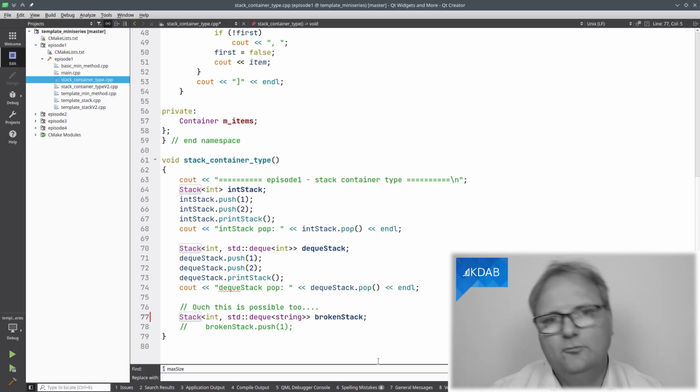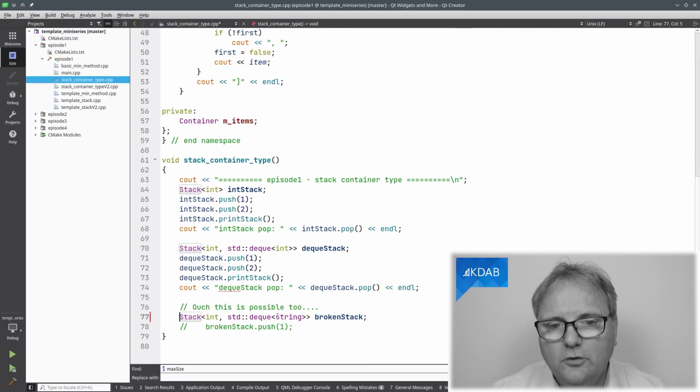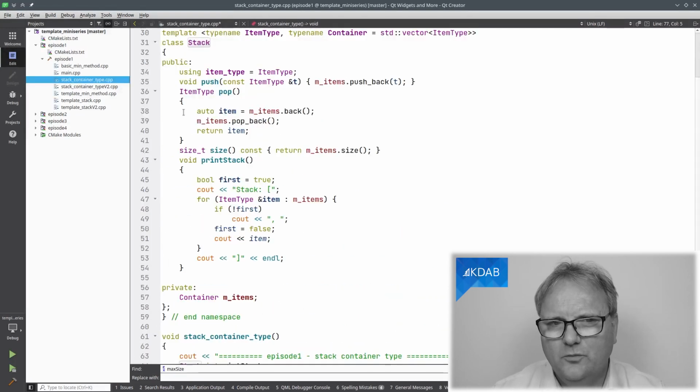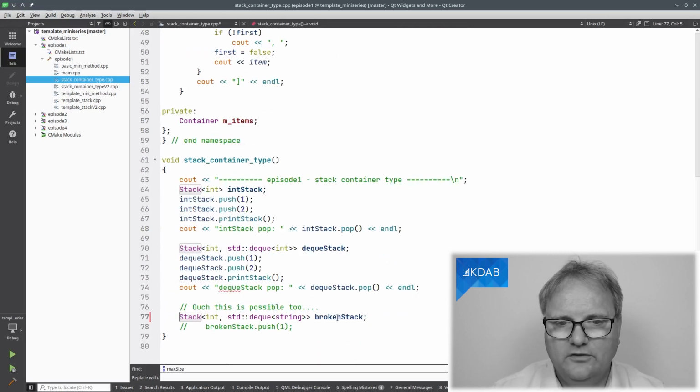So my item type throughout is, I will pop off integers here, but my container down here is a deque of strings. So whenever I do a push, what will happen? Well, I'll try and do a push back of that T, which I know is an integer because it's an integer here, onto a deque of strings. And that's what we will see.